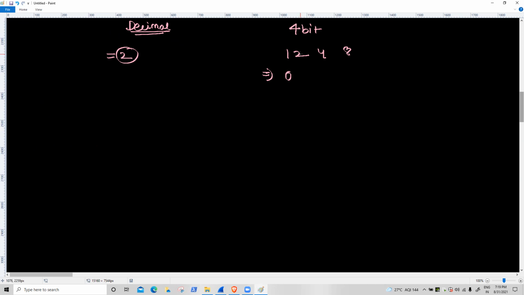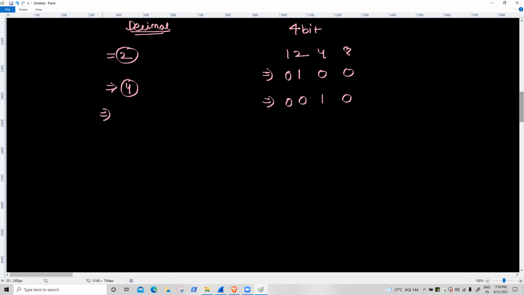If I turn on the 2 bit, then 2 and 2 match. Yes or no? Is 4 in use? No. 8? No. Suppose the decimal value is 4. Which bit is on? Rajendra ji, Aaron, is 1 on or off? 4 and 4 match. So 1 is off, 2 is off, and 4 is on. This one is 0.